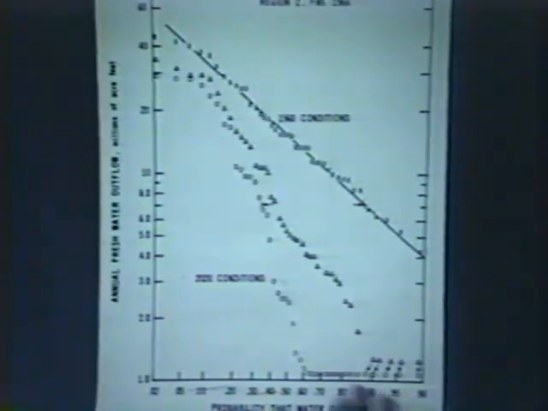We took the entire record from 1921 to 1966, I think it was, and processed it as though the system that was in existence in 1960 had been in existence the whole time. And that gave us a distribution. Notice that it ranges from something a little below 60 million acre feet per year at 2% of the time,